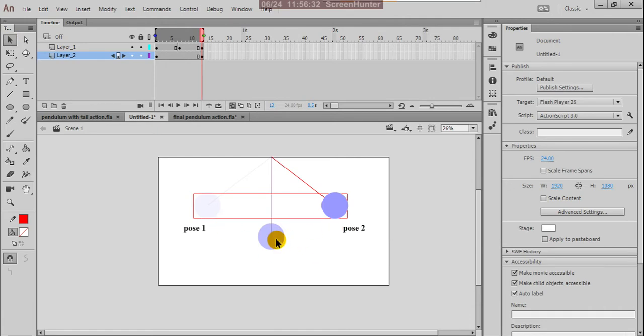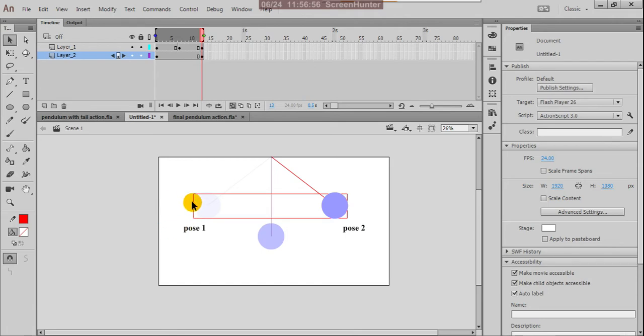Because the important drawing here we are missing. So without this, the pendulum action moves in a straight way horizontally, but that is not a pendulum.